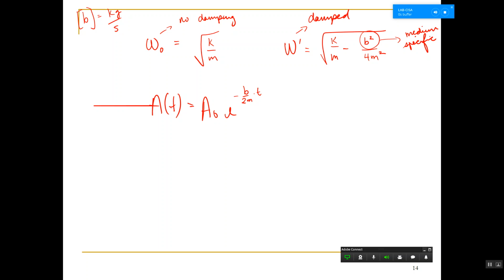Okay, that's that. But that doesn't describe the actual wave function, which is ultimately what we want. So that's the culmination of this. If we want to describe the actual oscillations, the sinusoidal or the cosine function, we have a new amplitude, and this amplitude is described here. So it's going to be initial amplitude multiplied by e to the negative b over 2m times t. That's your amplitude multiplied by the cosine of your angular frequency times time. But it's not just any angular frequency, it's your damped angular frequency.